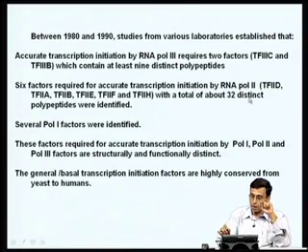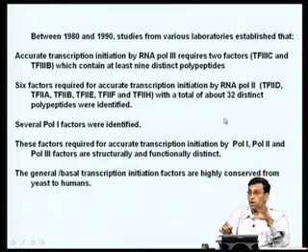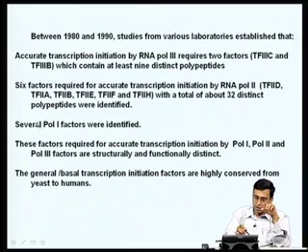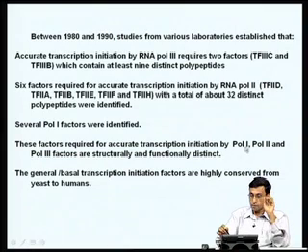Similarly, in the case of RNA polymerase 2, you require a number of protein factors named TFIID, TFIIA, B, E, F and H, which, all put together, contain about 32 different polypeptides that are essential for RNA polymerase to accurately initiate transcription in the case of protein coding genes. In the same way, several polymerase 1 factors were also identified, and all these factors were found to be structurally and functionally very distinct.